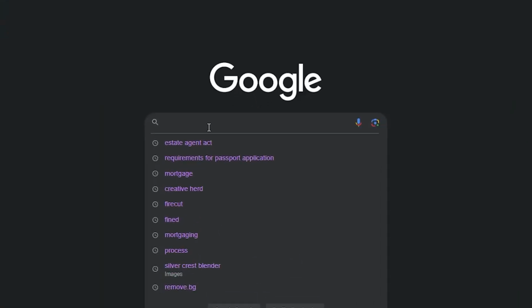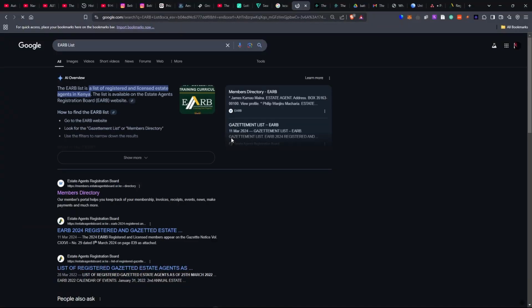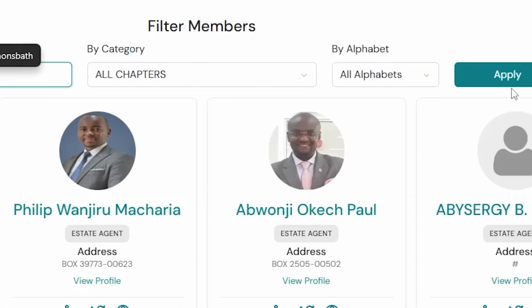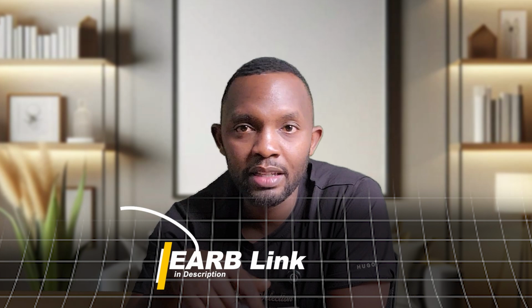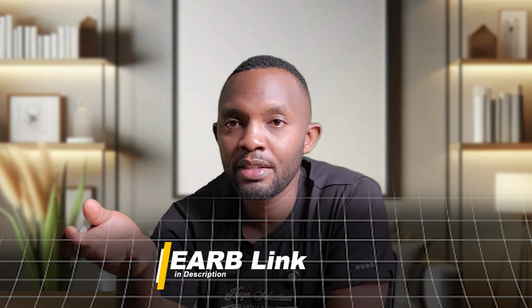And the way you find someone who is already registered, the Estate Agents Registration Board usually releases a list on an annual basis, or when other agents are added, of people who are registered to operate as real estate agents. So I'll give a link also in the description to the last list that was provided, and I'll try as much as possible to update that list so that you can always go to the list of people who are already registered with the Estate Agents Registration Board, and if you find someone, you can go work for them so that